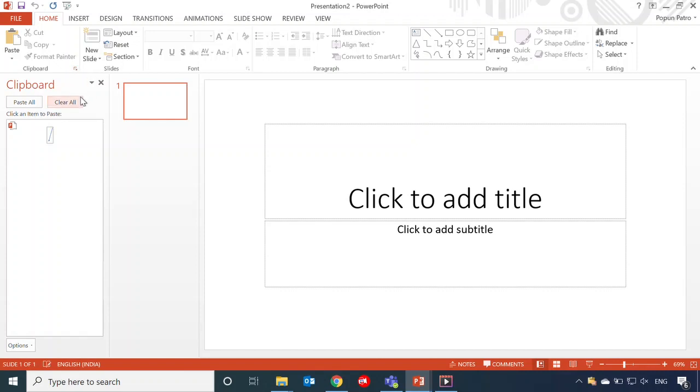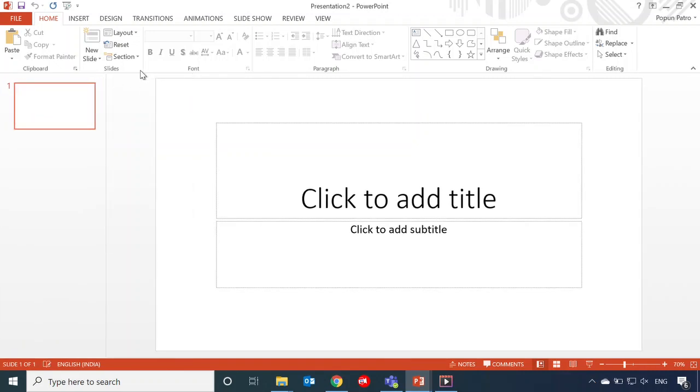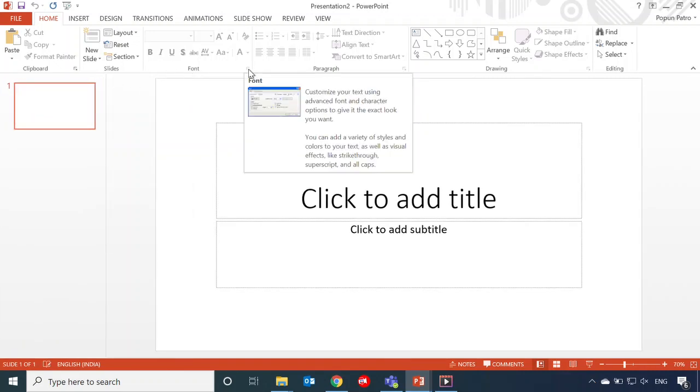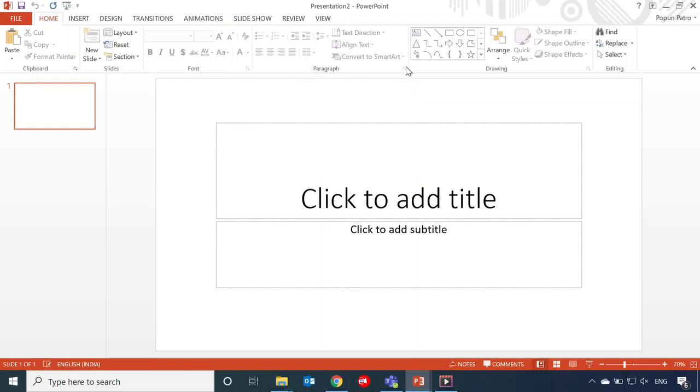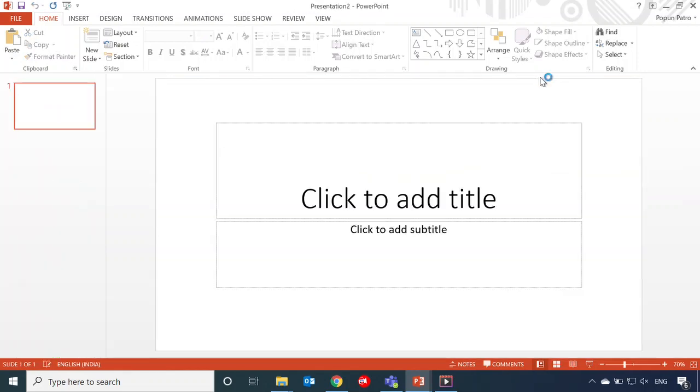Font has one. Paragraph has a dialog box launcher. Drawing is also a dialog box launcher. This is all about the ribbon.